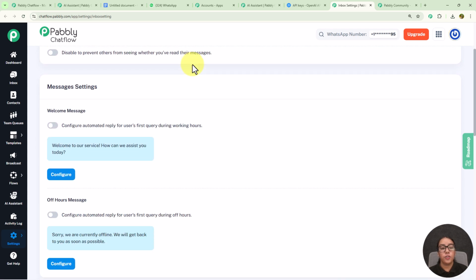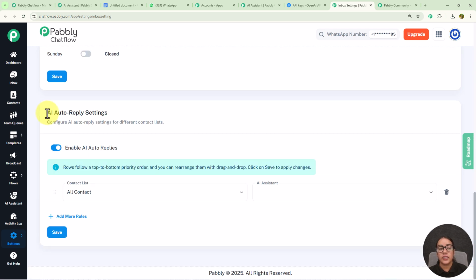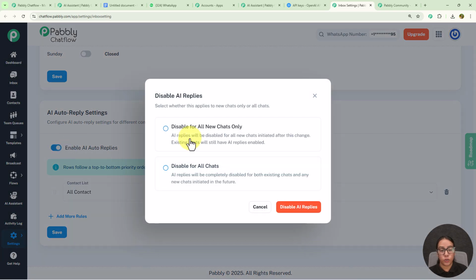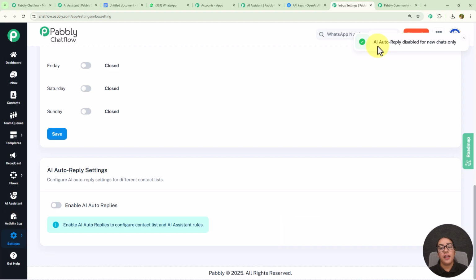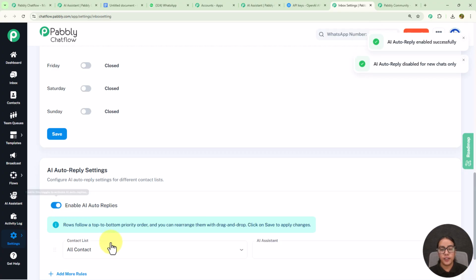Over here you need to scroll down and you can see the AI auto reply setting, where you can enable or disable this auto reply. To disable all new chats, you need to select the disable option and paste the disable code over here. After that you need to click disable AI reply and your AI auto reply is disabled for new chats only. As we want to test this AI assistant in real time, I'm going to enable it